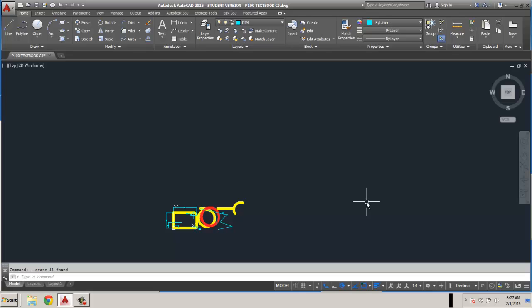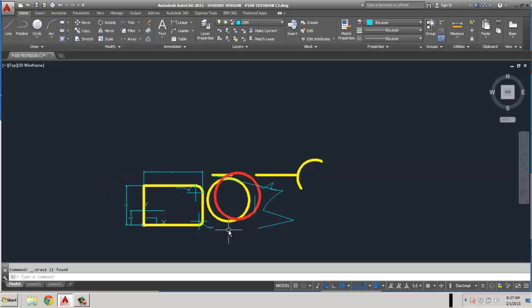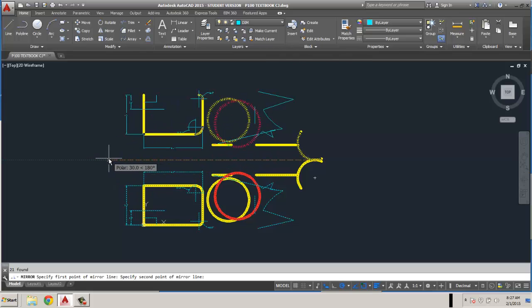Now, the mirror tool is kind of cool. Let's say I had this group and I needed to draw it in a mirror image. If I select everything here and I just type in mirror, or I could go up here and select mirror, it's going to ask me for a line. So there's my tangent line. That's fine. And then you can see as I go around here,